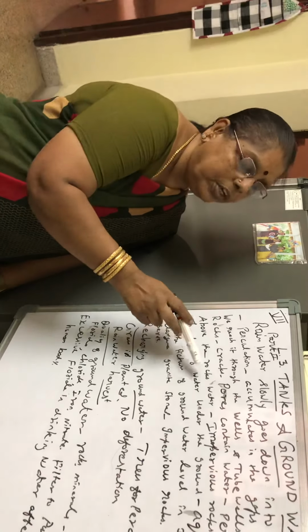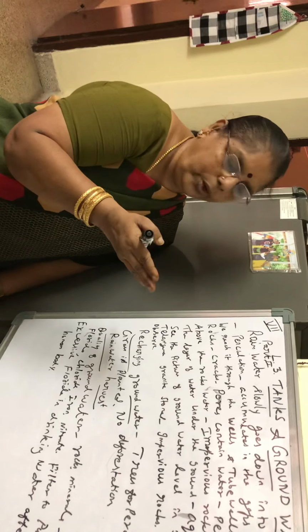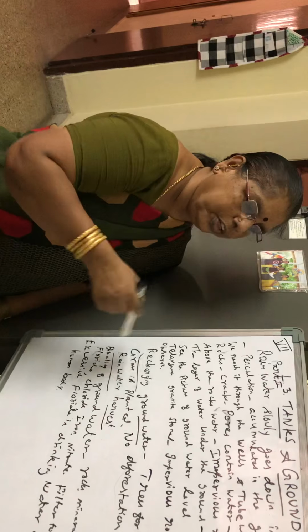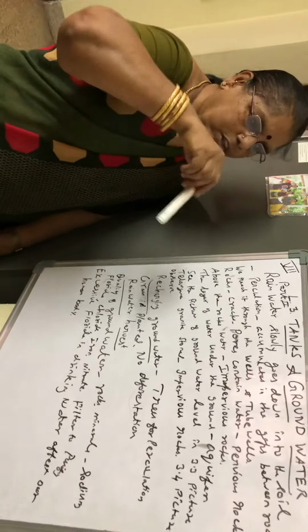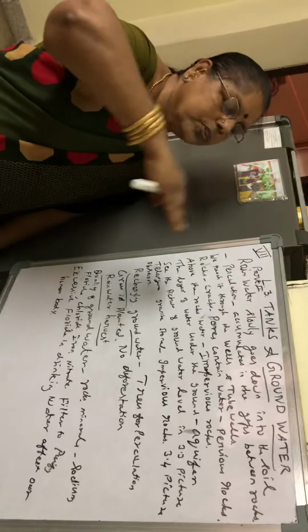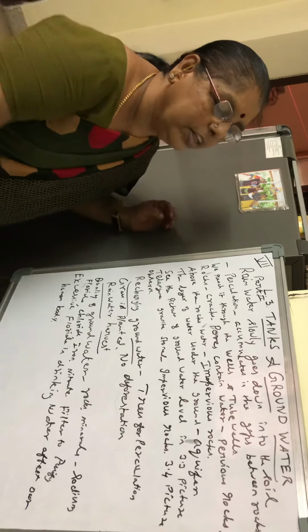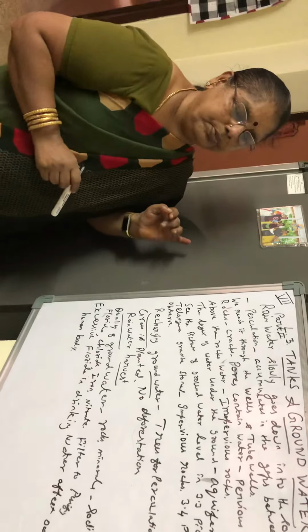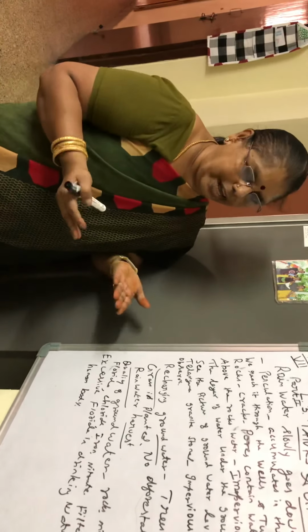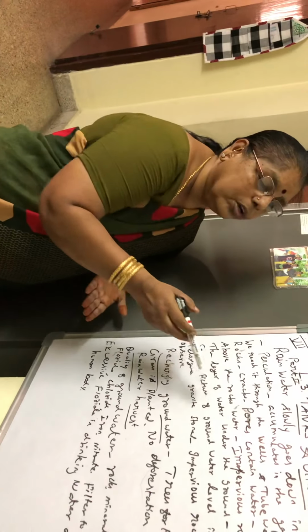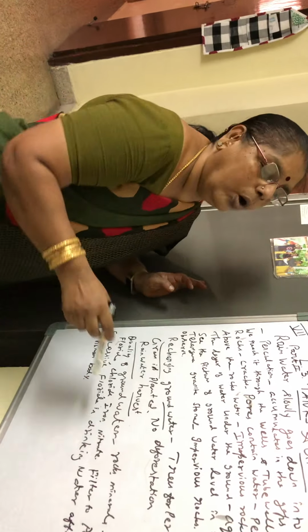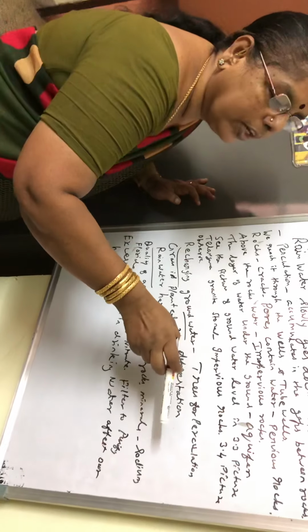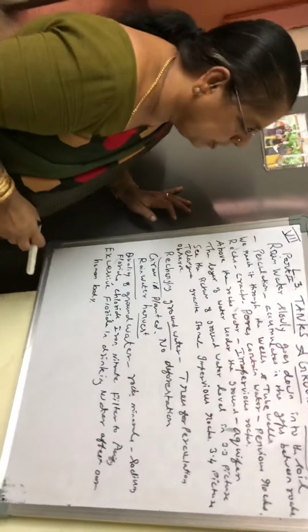Above those rocks, the water storage will be there. Above the water, there are no cracks or pores. That is called impervious rocks. Above those rocks, the water will be there, the groundwater. Now, the layer of water under the ground, what is it called? That is called an aquifer. Aqui means water. Aquifer we call it.